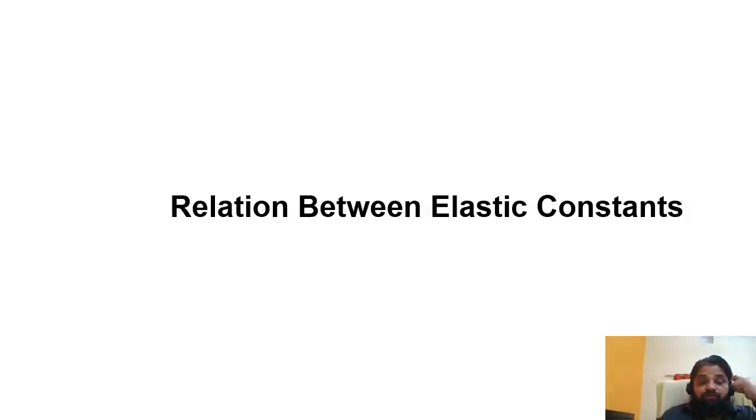Because someone may ask, if I know the Young's modulus, if I know G, if I know nu, then what is the necessity to establish this relation? Because we have already discussed that if I apply a load on a body, then the body is going to deform in all directions. That means it is not only fixed to the direction in which it has been loaded. It is not only fixed that it is going to elongate or compress. Whatever is going to happen, it is not going to happen in one direction.